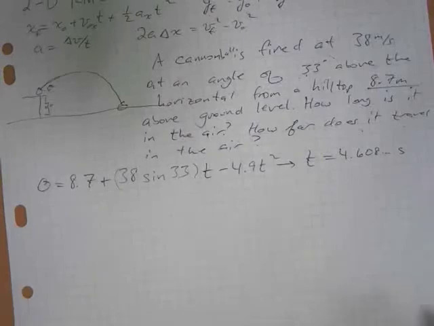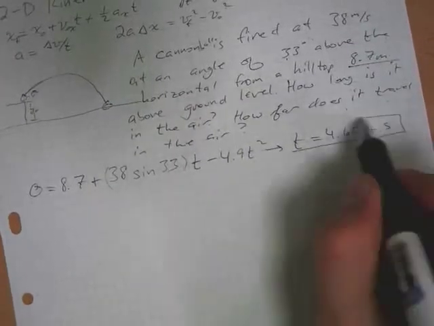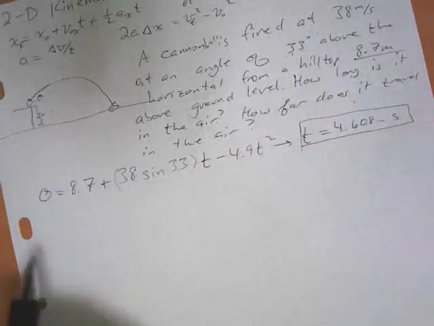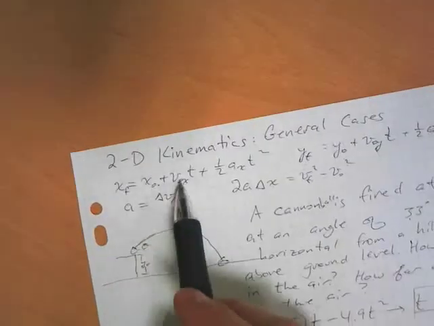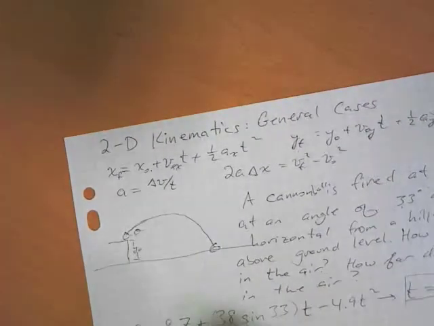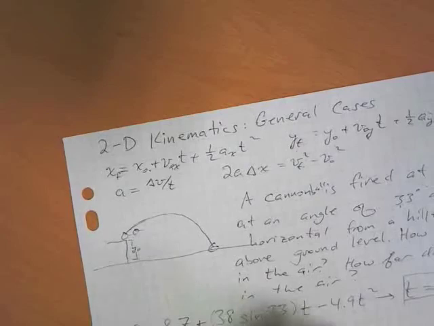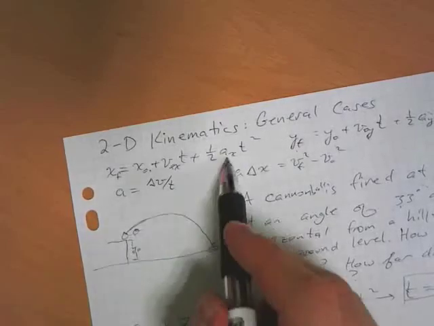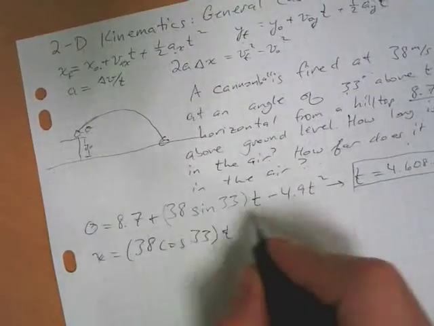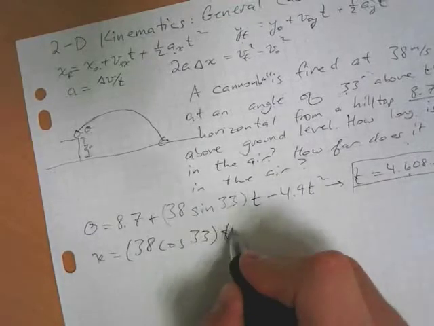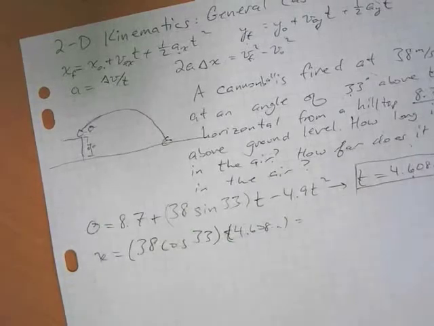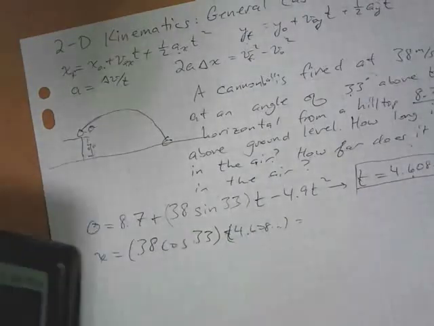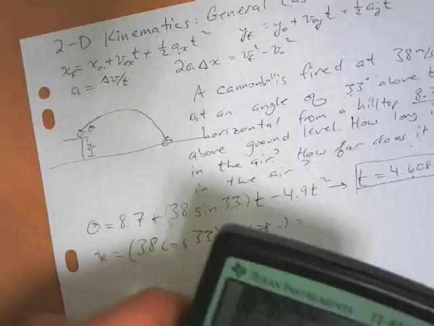So this is how long it takes to hit the ground, and then how far does it travel? We're just plugging that value into the x equation. Our x position is equal to, we can call our x naught 0, our v naught x is just 38 cosine 33 t, and there is no acceleration in the x direction. So we can plug in this 4.608 for t, and we come out with, by the way, on your calculator, I've gone calc 0, right, and